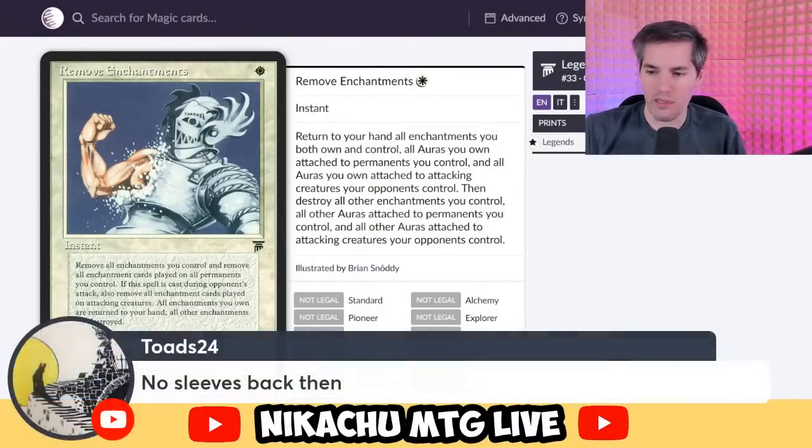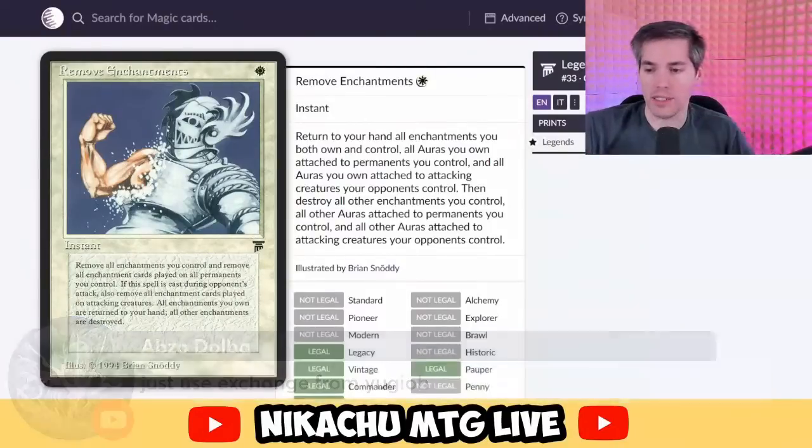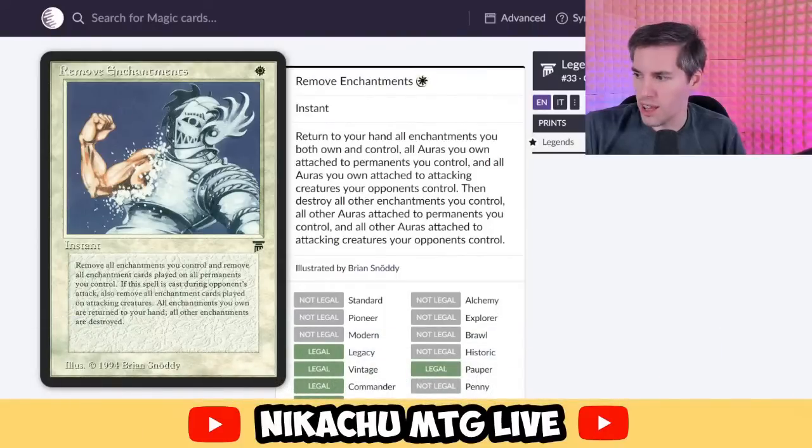All right, you guys saved me. Now a bunch of people who were typing things up into chat have started to erase it because you guys have saved the day. Yeah, not own or control. It has to be own and control. Okay. Anyway, this card does what it says. Not as confusing as the other ones. Moving on, we've got...